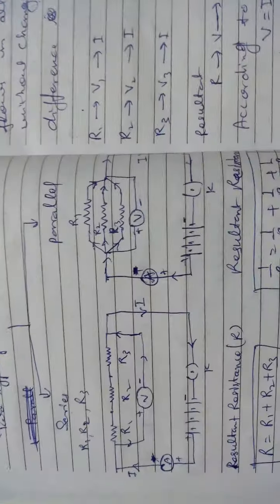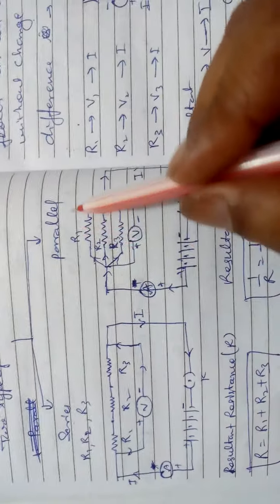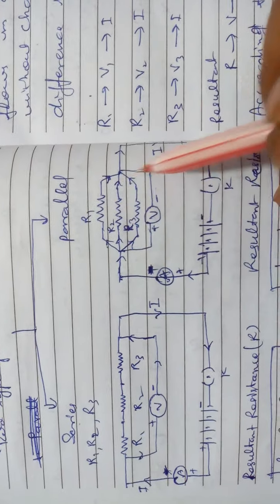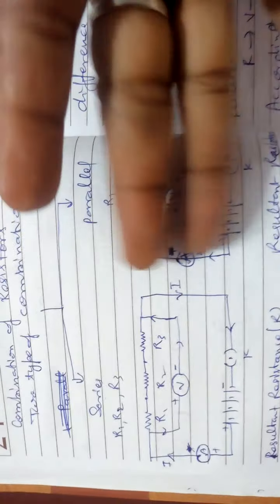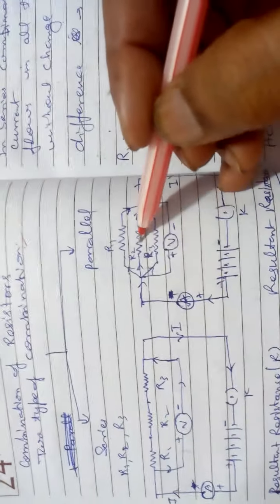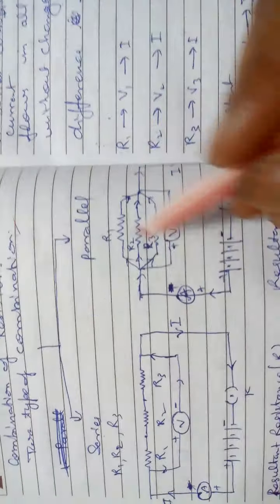But when you join in parallel, all the ends of all the resistances are on one side, and the others on the other side, like fingers, as you are seeing. There is a gap between them and you join R1, R2, and here the current will be distributed, but the potential difference will be the same. I have drawn here a circuit diagram.